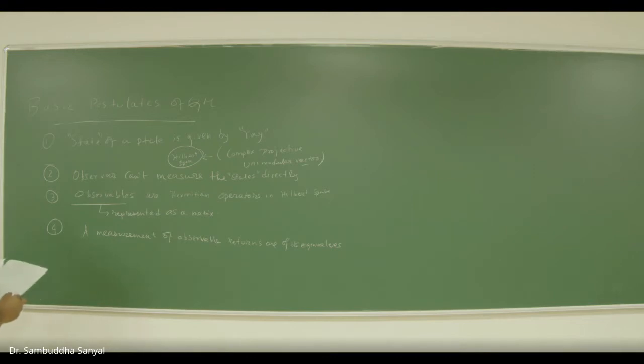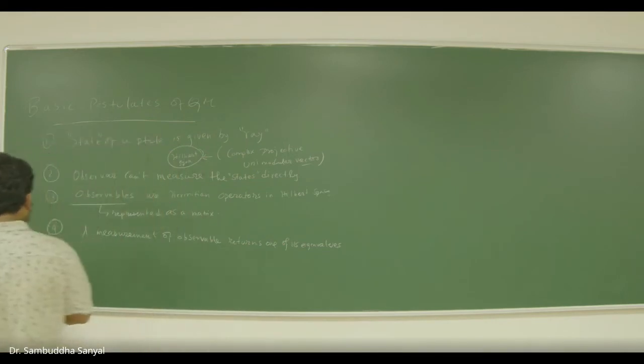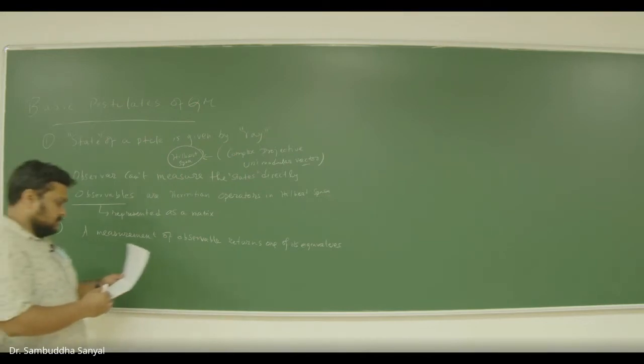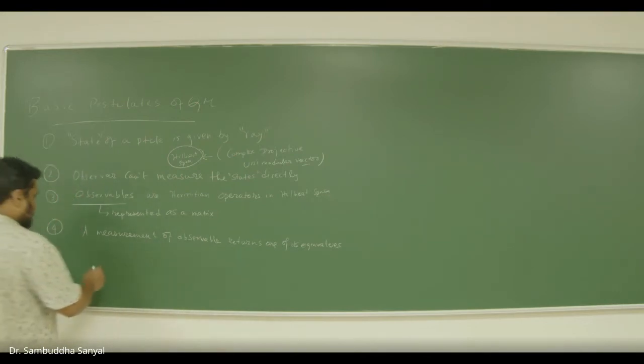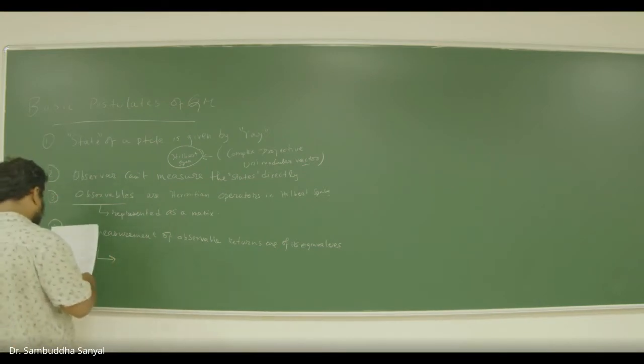So there is a fifth postulate which I will talk about elaborately later, that is associated with dynamics. Returns one of its eigenvalues, and a consequence of this statement is